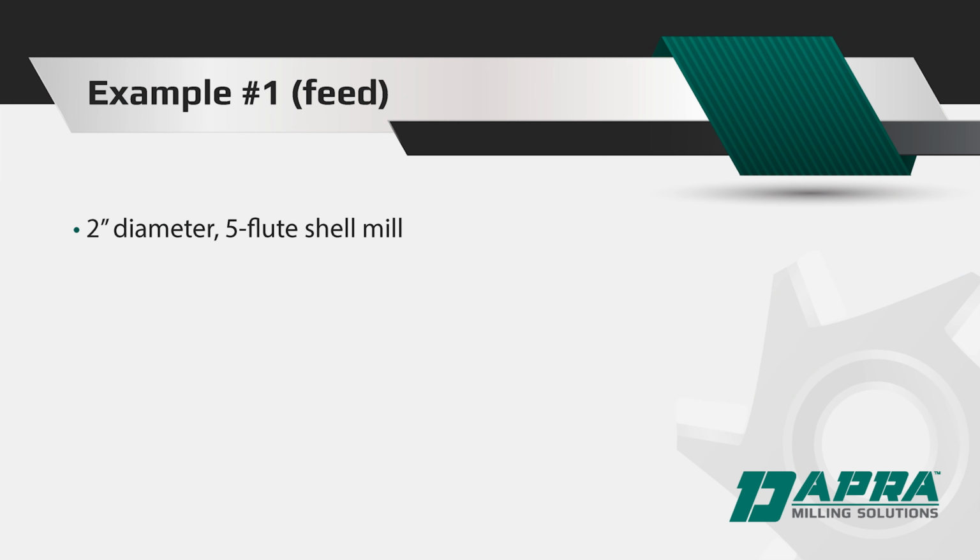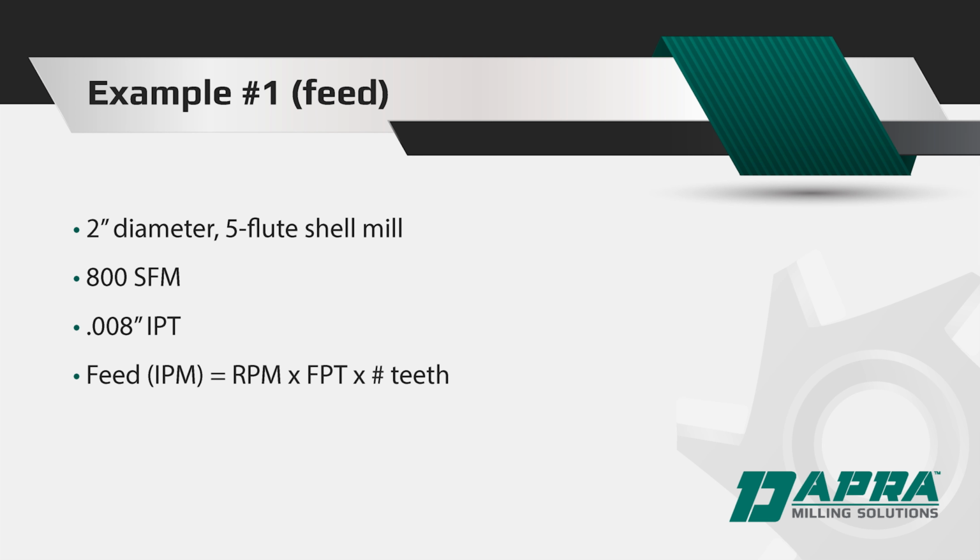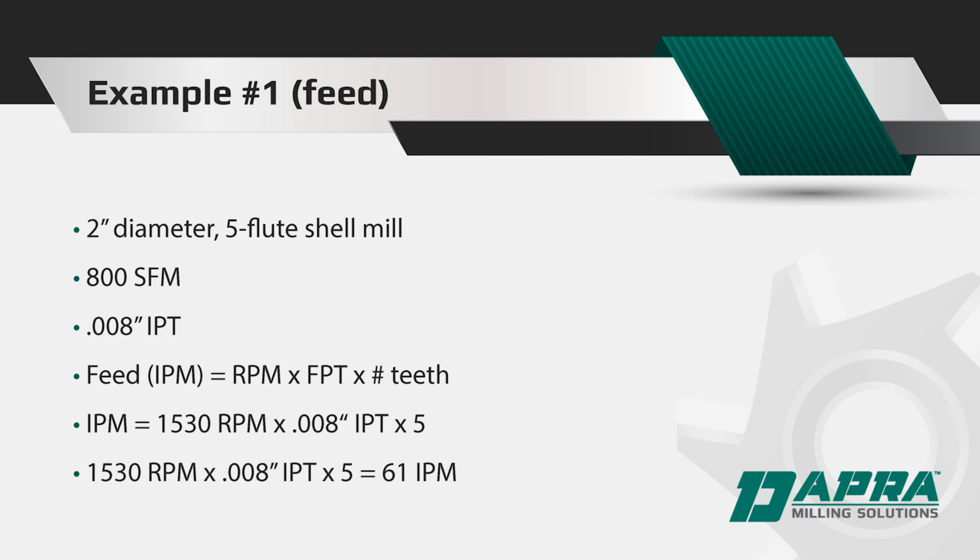So for that same example, how do we come up with our feed rate? Well, we had a 2-inch diameter 5-flute shell mill, 800 surface feet, and an 8,000 feet per tooth. Our feed in inches per minute is found by multiplying the RPM times the feet per tooth times the number of teeth. In this case, 1,530 RPM times 8,000 feet per tooth times 5 teeth gives us 61 inches per